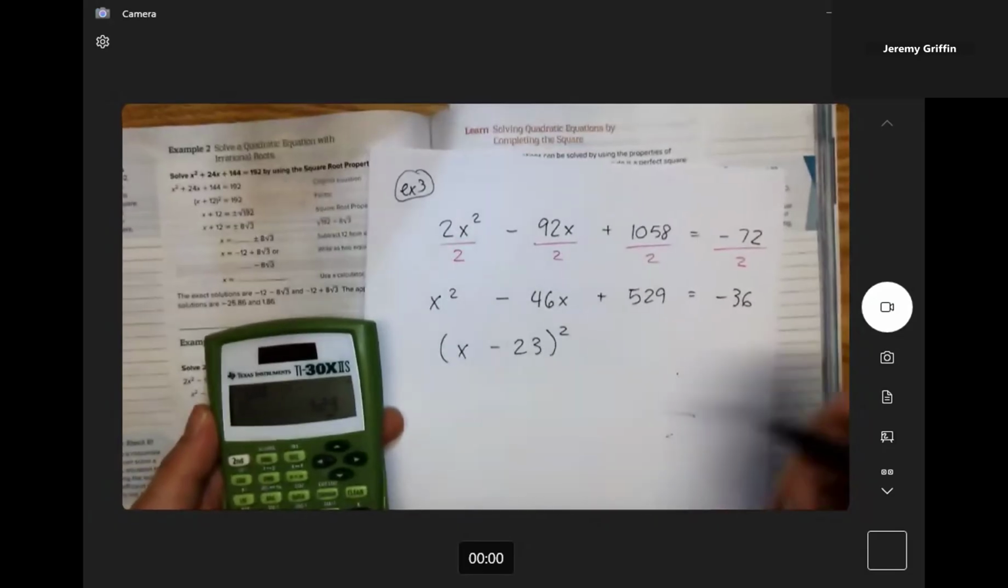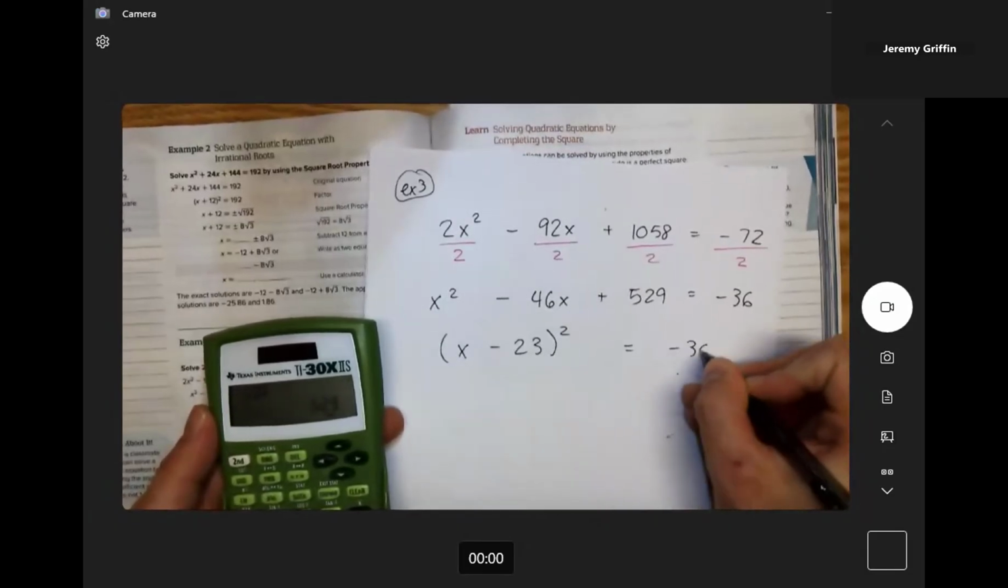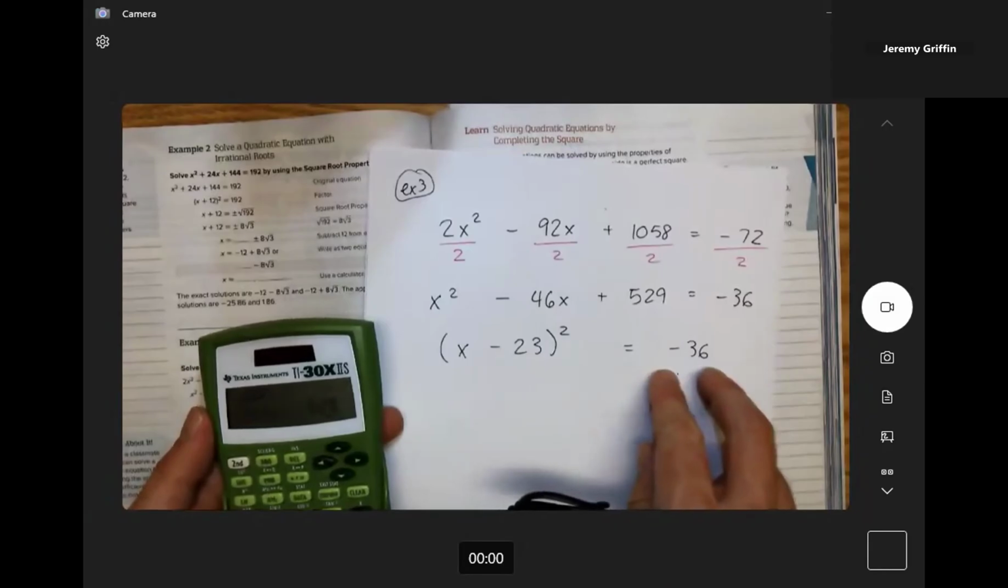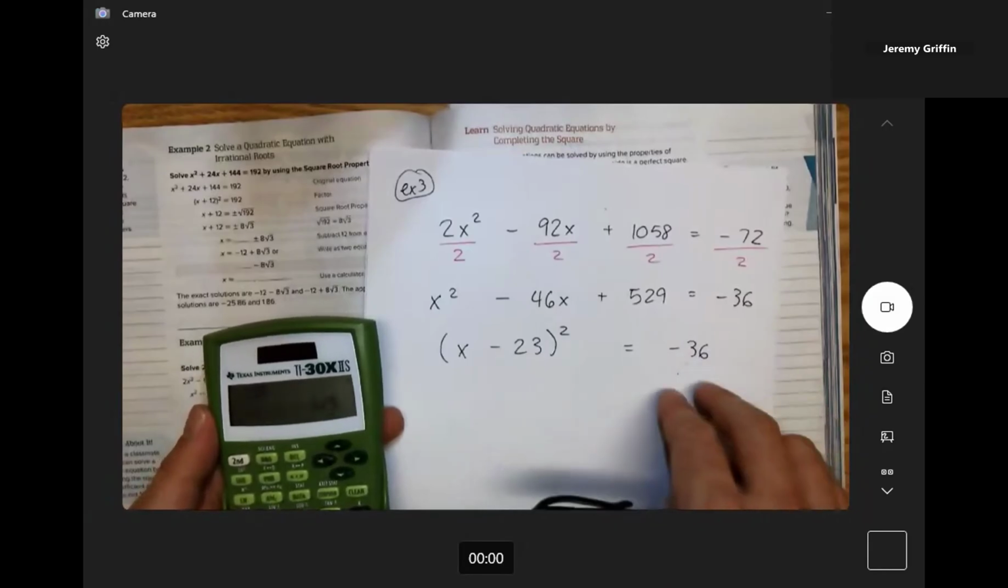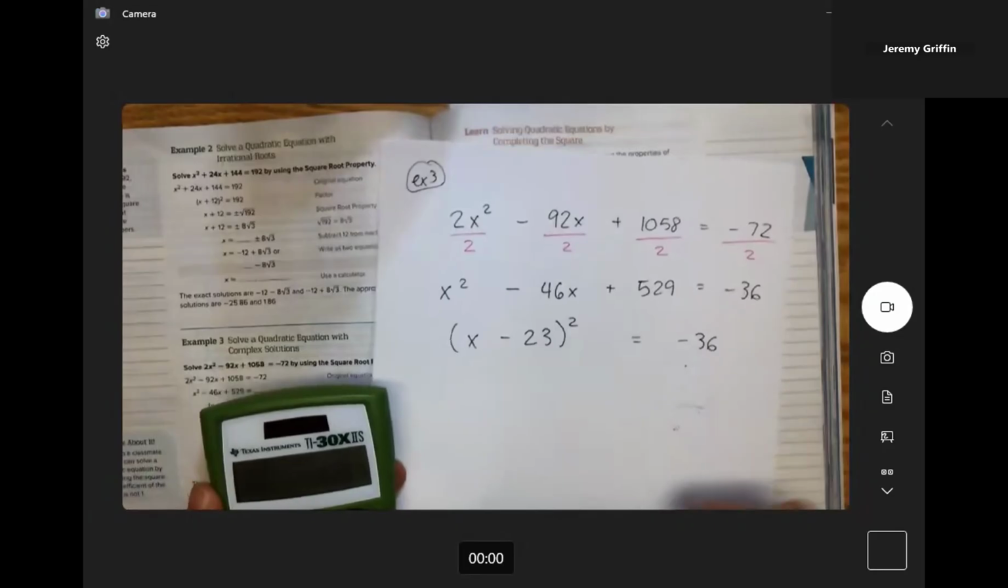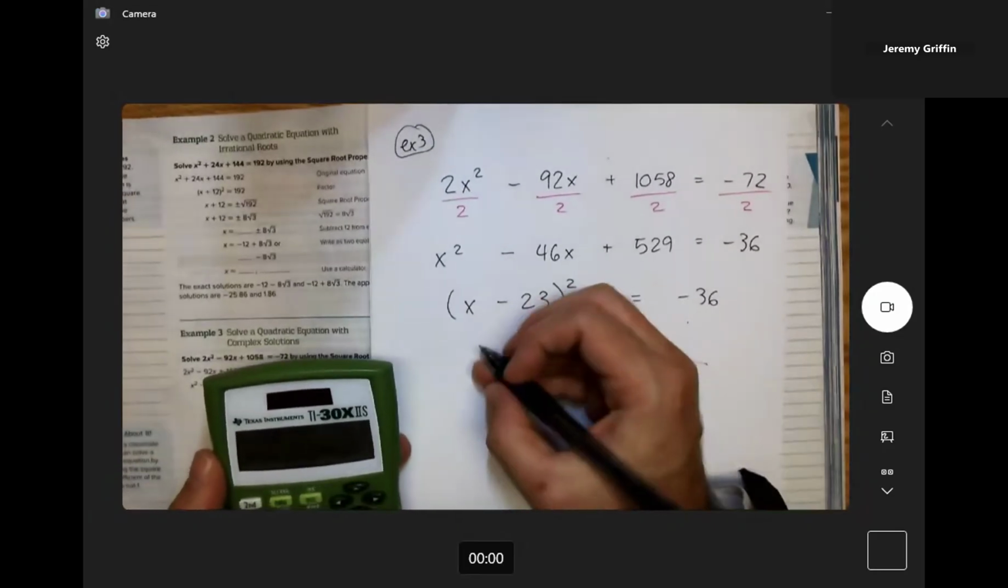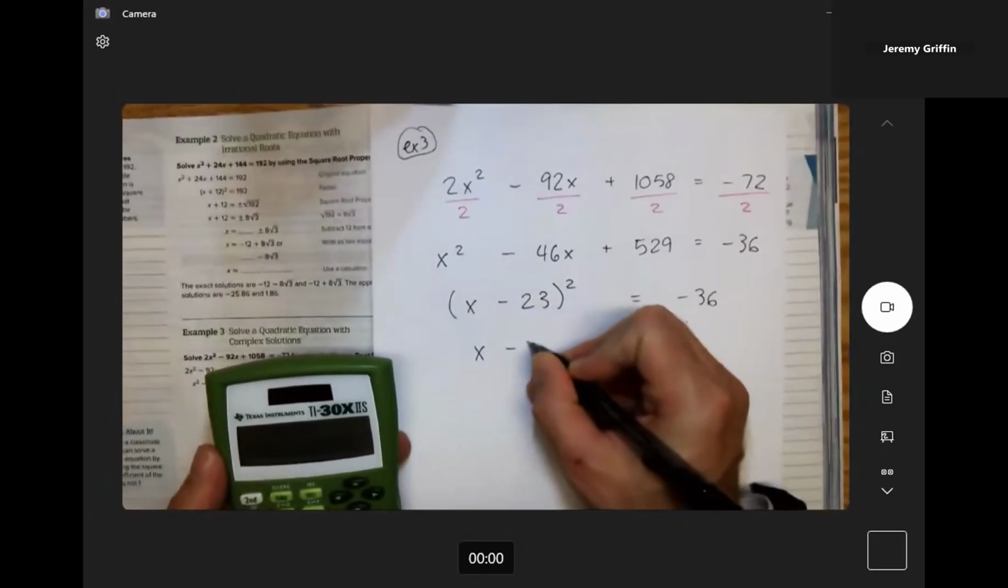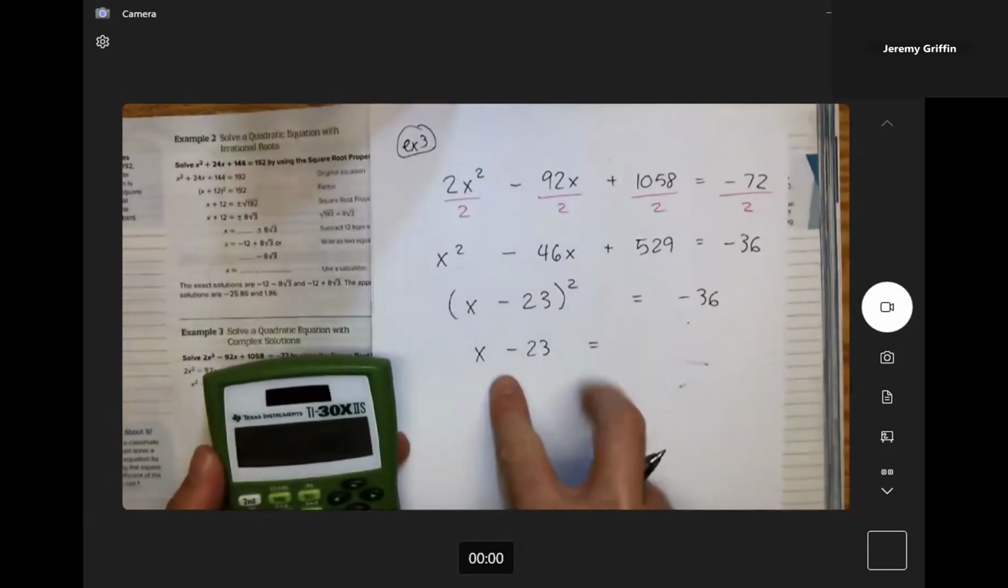It's the same thing. Right? So this is negative 36. The fact that something squared is a negative is the point where you know for sure you're going to get some i's in the answer, some imaginary. Okay, so x minus 23 could be, I just took the square root, so I have to do that